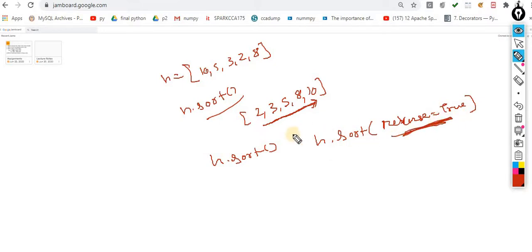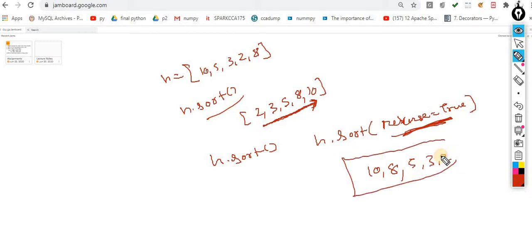Now, earlier it was sorted in increasing order, and this time it will be sorted in decreasing order: 10, 8, 5, 3, 2. So this is another way to sort the elements, in increasing order and decreasing order. When you want decreasing order, you explicitly have to pass this keyword parameter.